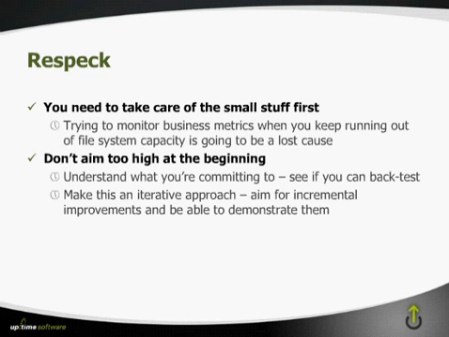Really where you're going to feel the most pain are what we call the death by 1,000 cuts kind of outages, right? It's a service that needs to be restarted all the time, or it's running out of file system capacity, or it's peculiar kinds of network outages, right? So how do you identify those continually recurring problems, fix them, and then wipe them off your plate? Get closer and closer to starting to deal with those really big, crazy